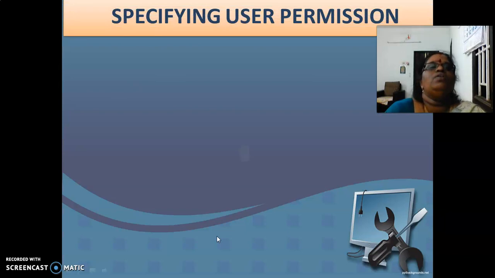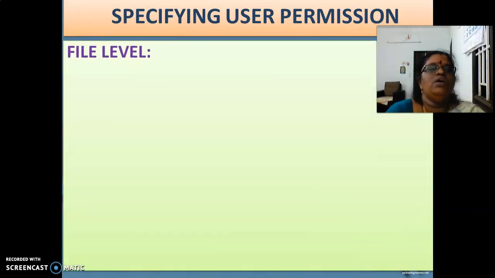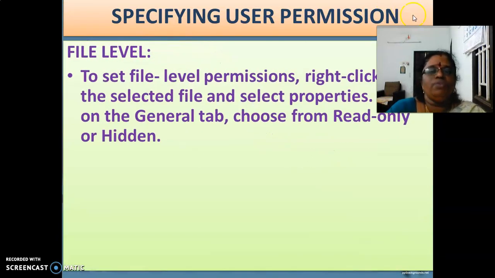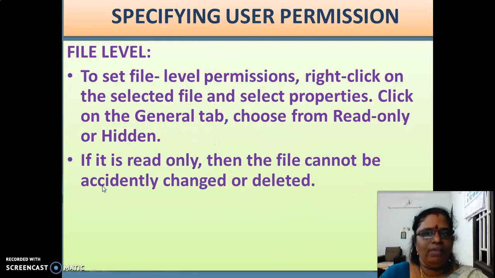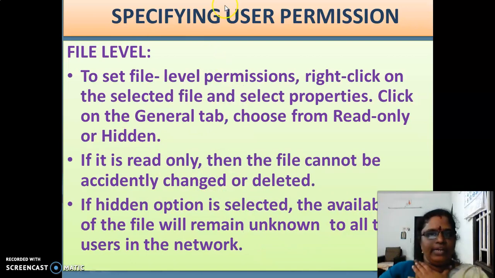Specifying user permission at file level. To set file level permissions, right click on the selected file and select properties. Click on the general tab, choose from read only or hidden. There are two permissions. If it is read only, the file cannot be changed or deleted.